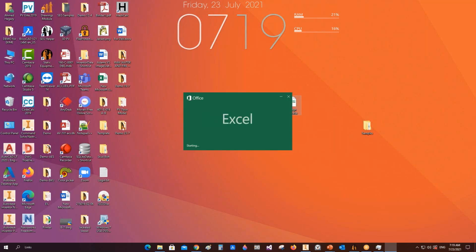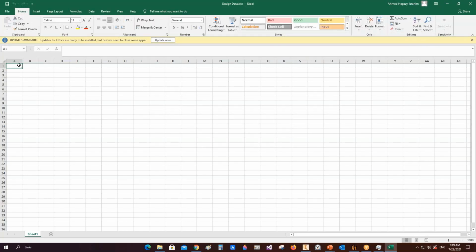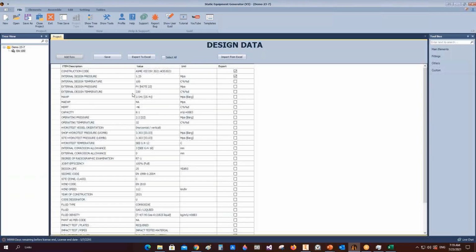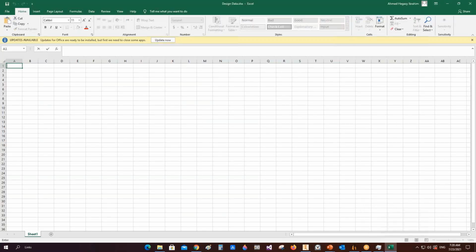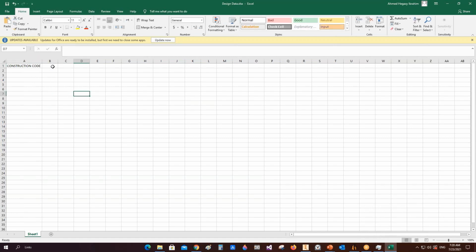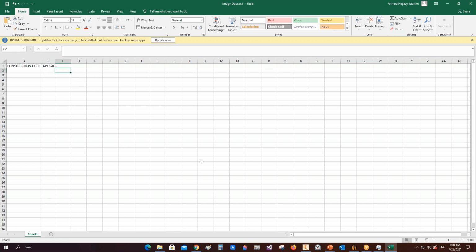So we will open the design data in this Excel sheet. Now we will need to fill 3 columns only and directly with the data. Yes. So for example, we will need to add the construction code, for example, directly. So it's ADI and this cell is empty. Now the second field will be design pressure, for example, and support